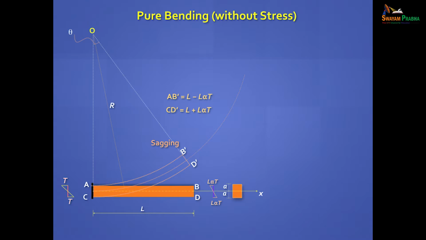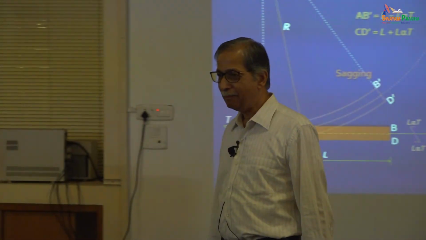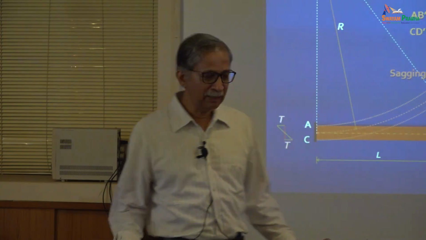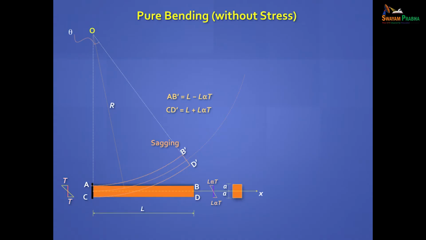So above the centroidal axis, all the fibers want to reduce in length, and below, all the fibers want to increase in length. And because it's a linear thermal gradient, every fiber can increase or decrease the way it wants by the cantilever beam curling up, bending up. This is classic bending, but there's no stress. There's no bending moment, there's no shear force. So, nice example to see bending, just to understand what